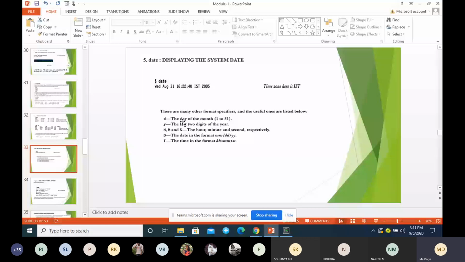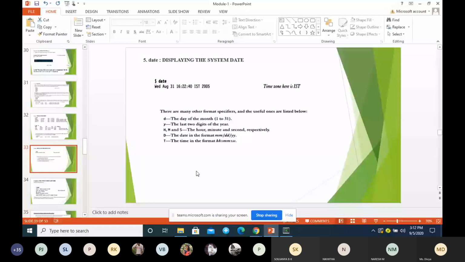Y is for the last two digits of the year, which I executed just now. HMS is for hour, minute, and seconds. Capital D displays the date in MDY format. Capital T displays the time in HMS format.